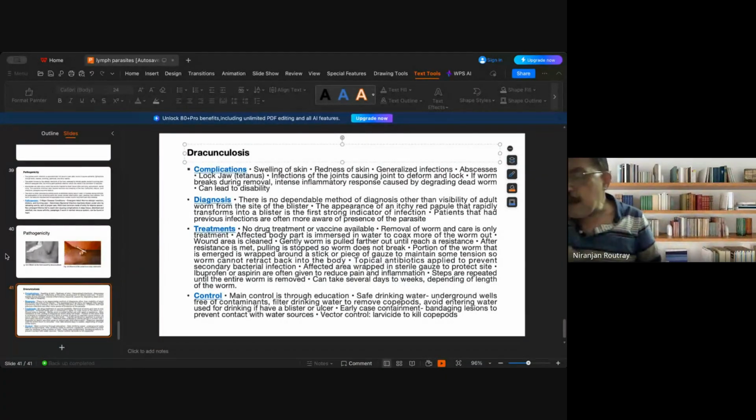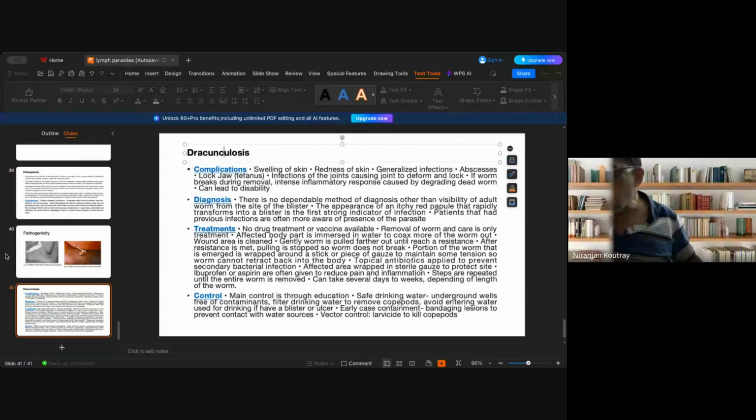So the length of the life cycle of these plant nematodes varies considerably depending upon the species of the host plant, of course, and the temperature of the habitat. Many species complete their life cycle in about 4 weeks in summer months, because in summer months the soil temperature is very high. So in 4 weeks they complete their life cycle.